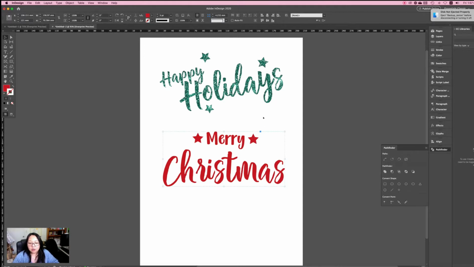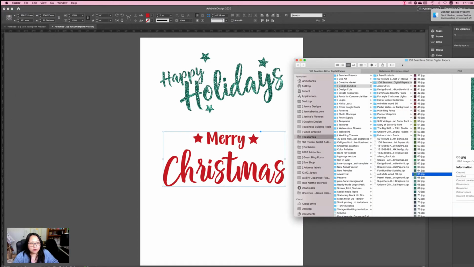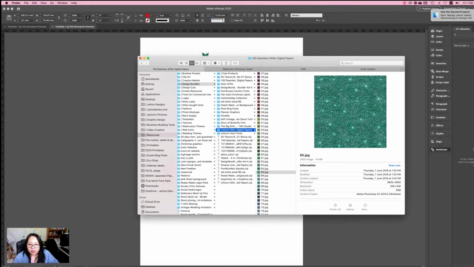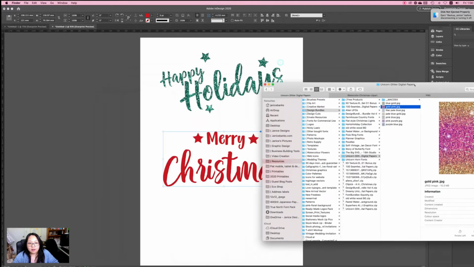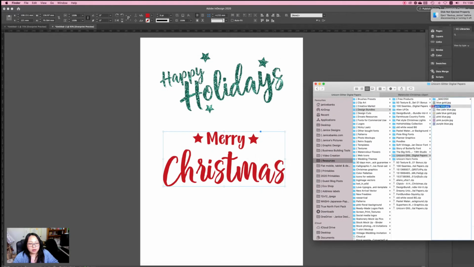So the next thing we're going to do is ungroup it. So that is Command Shift G or Control Shift G. And then you want to combine it. All right, so that becomes one object, and then we'll bring in a different one this time. We'll try this unicorn digital paper. I like this one here. Okay, so we drag it in,